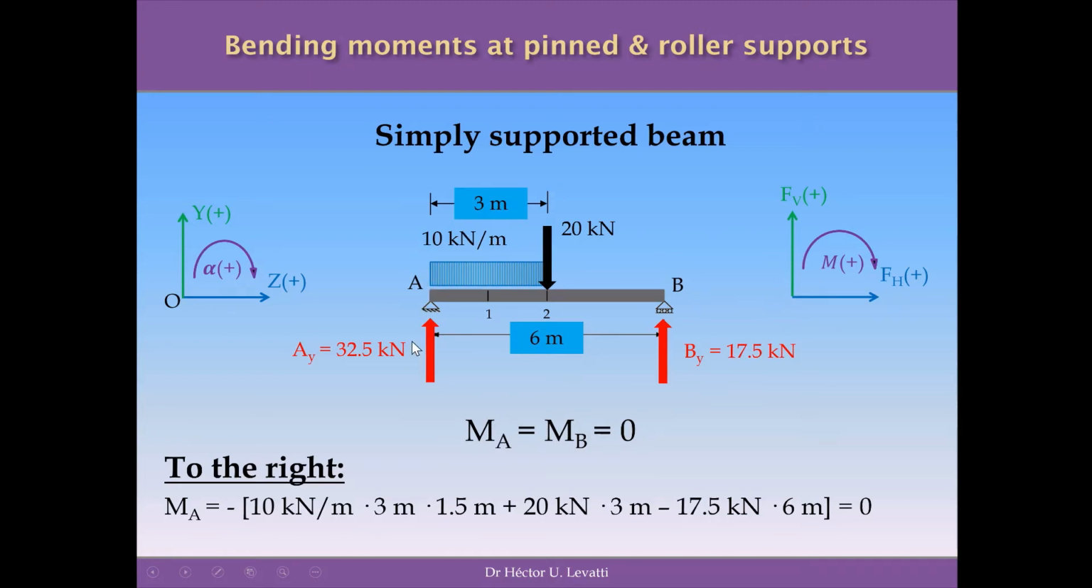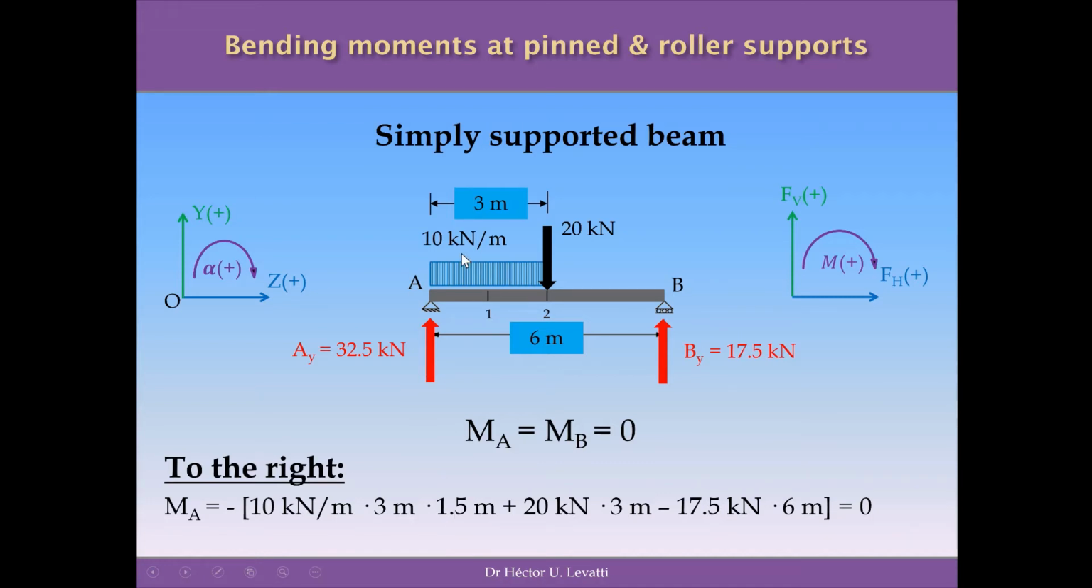Because I'm doing the summation of moments to the right side of the structure, I will use the opposite sign, and this means that I will start with the minus. I will open these brackets and run the operations inside them. So, minus bracket is open, and now the moment of this UDL in here is equal to 10 kilonewtons per meter multiplied by 3 meters, which is the equivalent punctual load of this UDL, multiplied by a distance from the middle of the UDL to A, which is 1.5 meters,